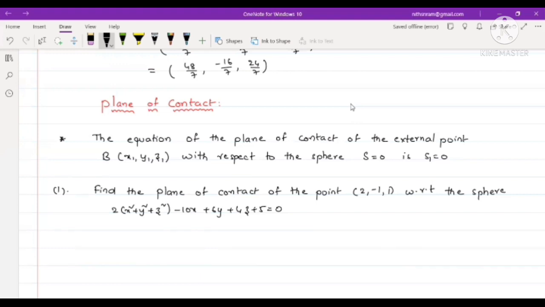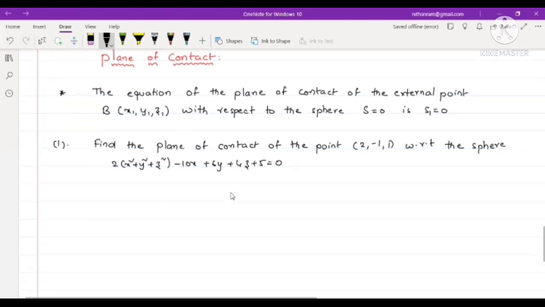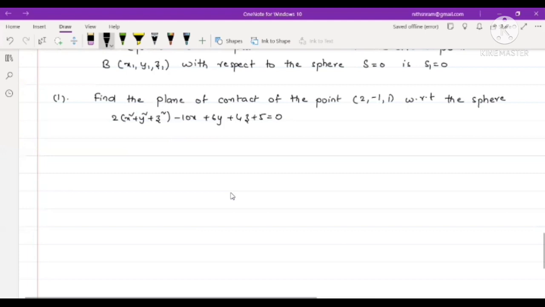So here we have a sphere equation together with a point. Now we have to find the plane of contact, and the formula is S1 = 0. We write the formula S1 = 0 and simplify, then we get the plane of contact. Okay, right. Coming to the solution,